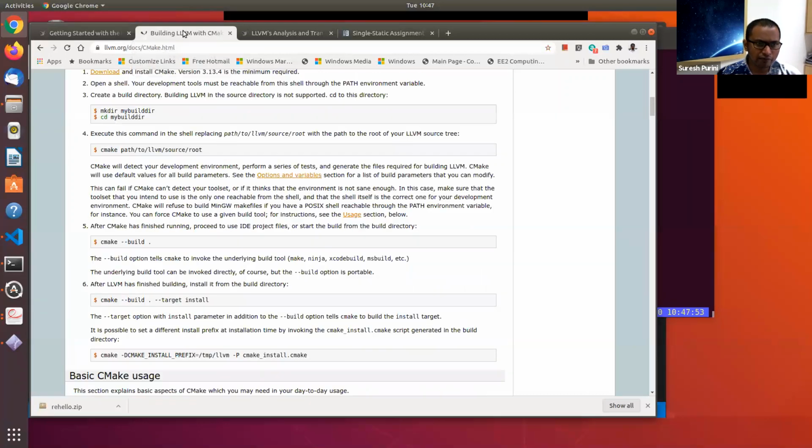The other place I found interesting is the CMake page on LLVM. This is also a good source to look at.